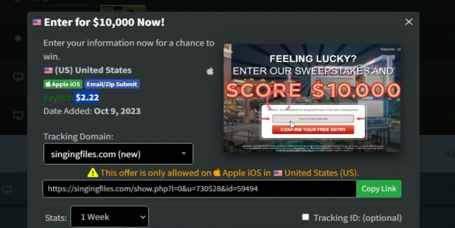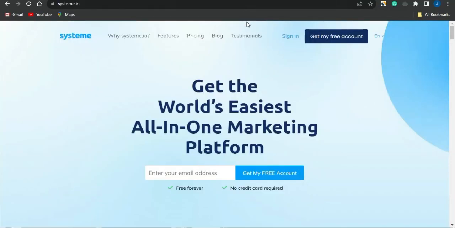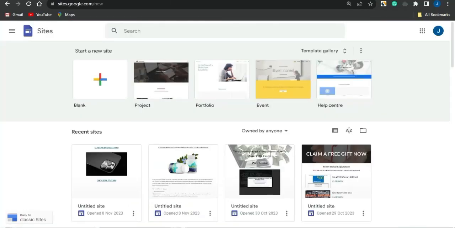So what you want to do right now is to just simply copy the link to this product, and you want to just simply head on to creating a simple landing page. You can either use Breezy Cloud, Systeme.io, Google Sites, or any other landing page builder site you can grab hold of. But if you are finding it difficult creating a landing page, just simply go onto my channel